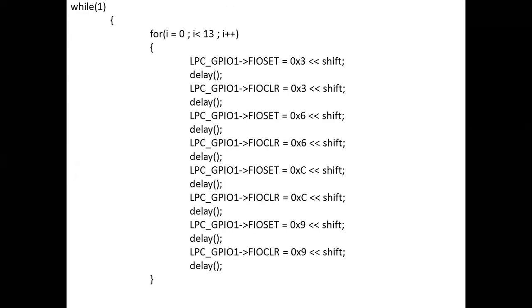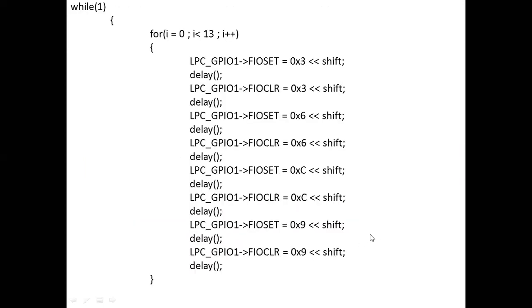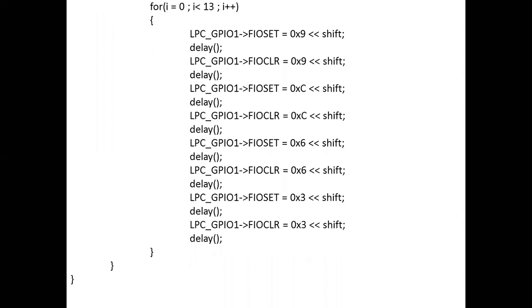Here, while the condition is true, you give the count value 13. Why? Because I wanted to perform one complete rotation. I have calculated the step angle, and the count value is 13 here, right? So because of that reason I am loading this 13. If you give this sequence at one time, it will tilt 27 degrees. So it has to execute 13 times. Then only are you able to get one complete rotation. This program is for anti-clockwise. You need to load the value in the reverse order.